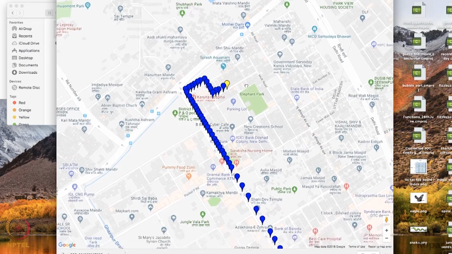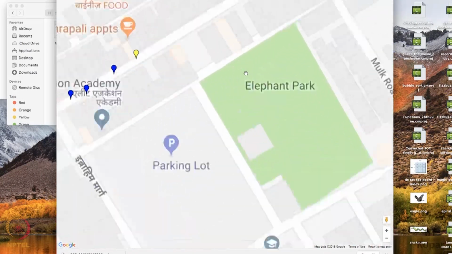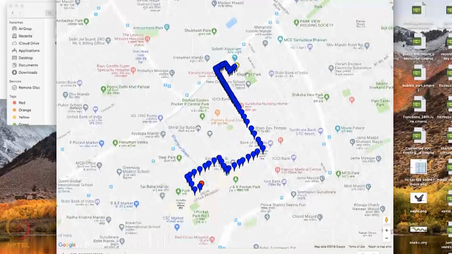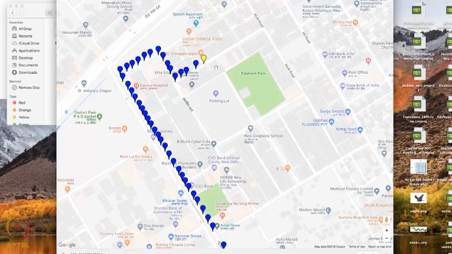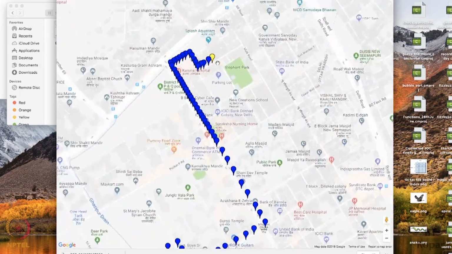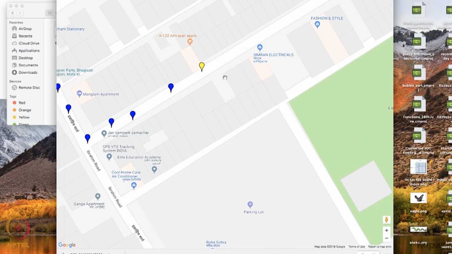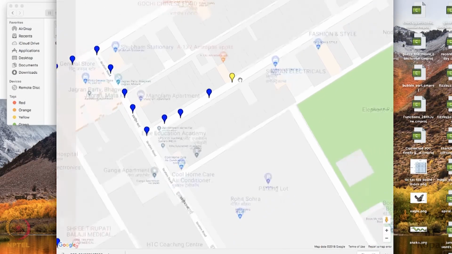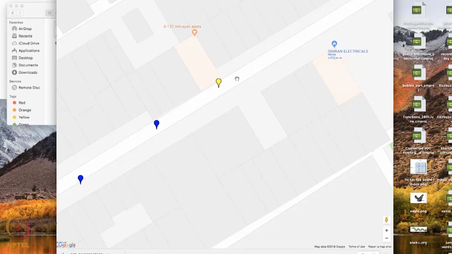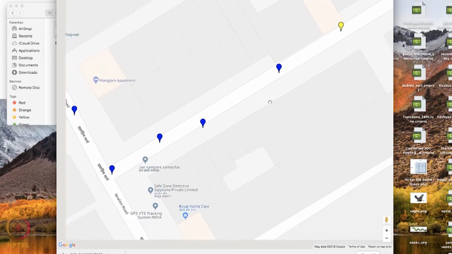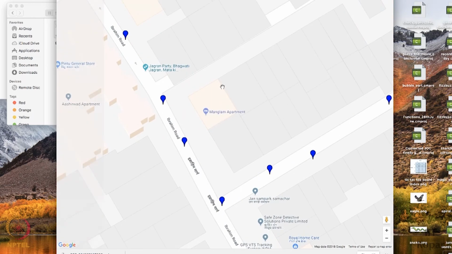And you can see, since it is yellow, this is the first location from where the delivery guy started. And then he went through these particular streets, went somewhere.